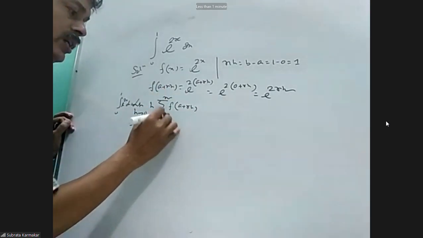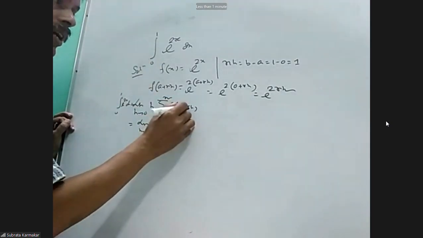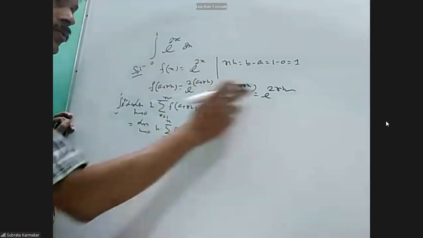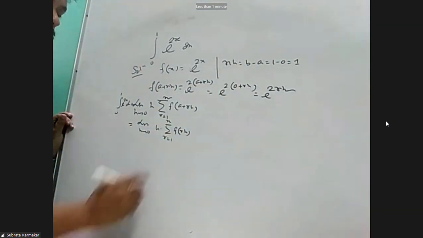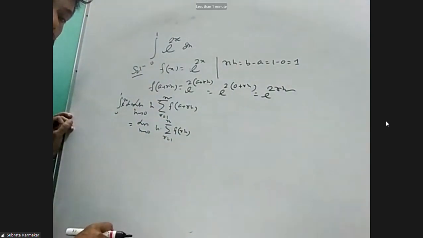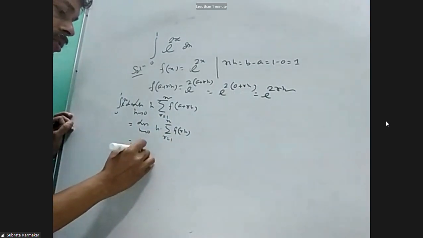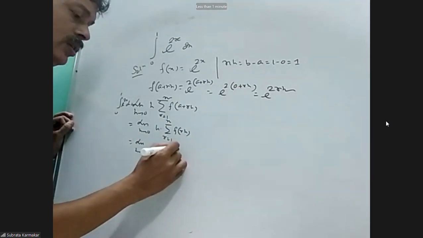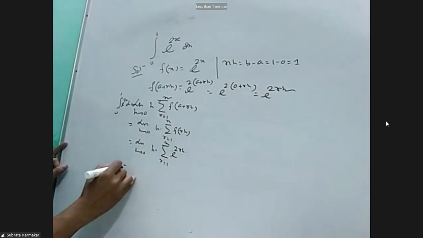Limit h tends to 0 h into summation e^(2rh), r from 1 to n. So now if you calculate the limit